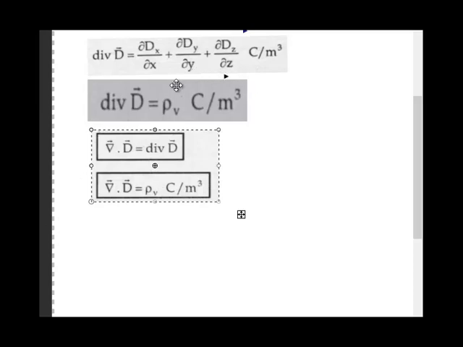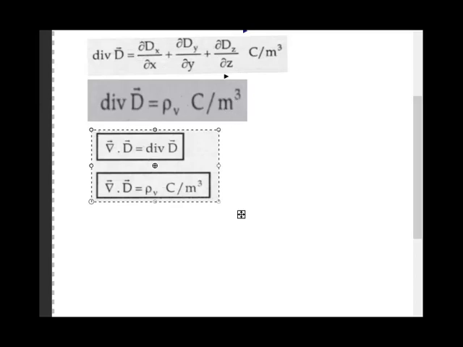But this vector differential operator that we have studied just now is actually a vector. So a vector can be in the cylindrical system, the spherical system, or the Cartesian system. When we multiply a vector D with the vector differential operator, like this del dot D, we get an expression like this: del by del x dx, del by del y dy, del by del z dz. In this case D is in x y z, meaning the Cartesian system. Similarly, the nabla, the vector differential operator, is also in the rectangular system. So this will be the formula.